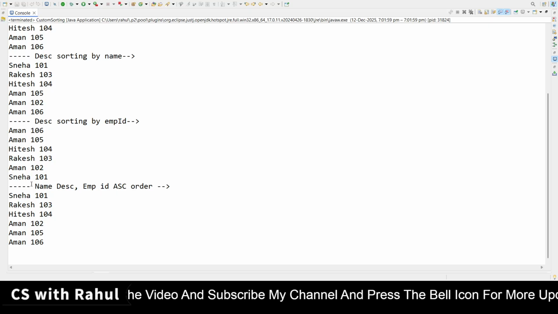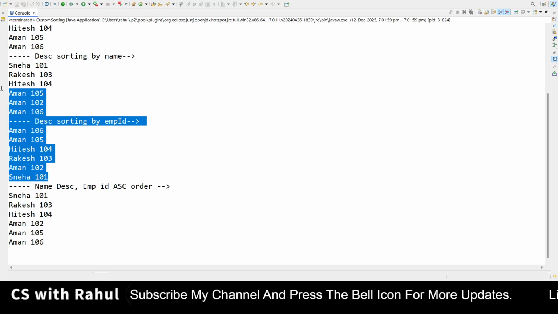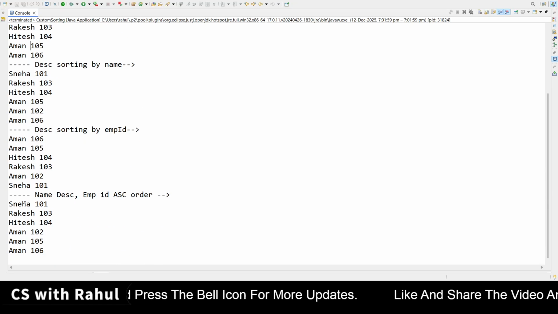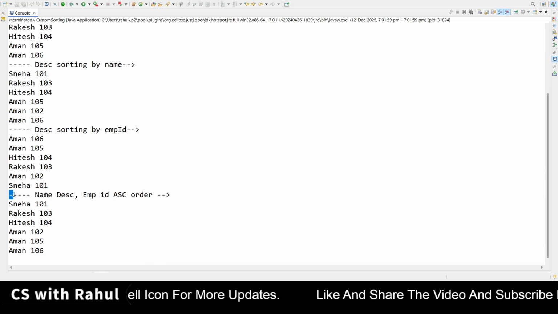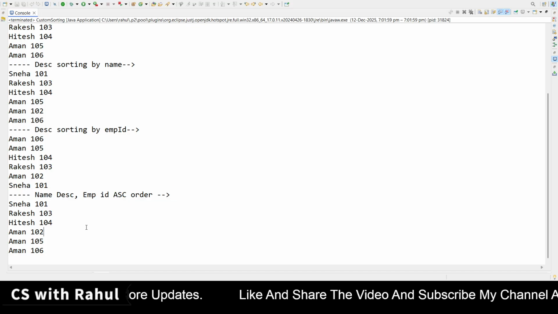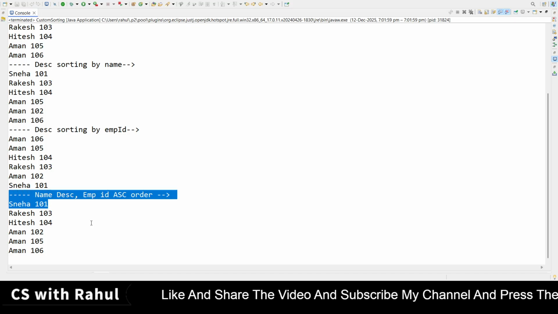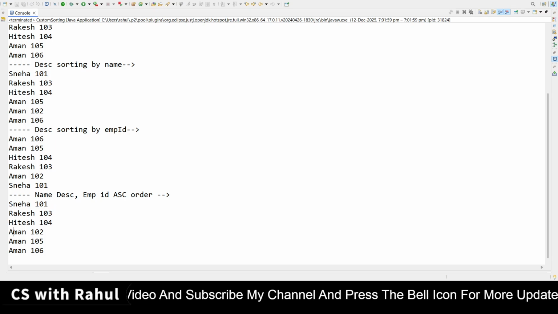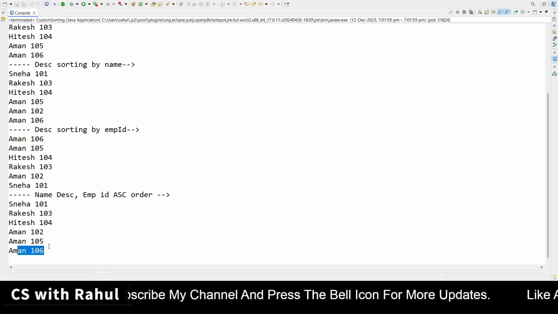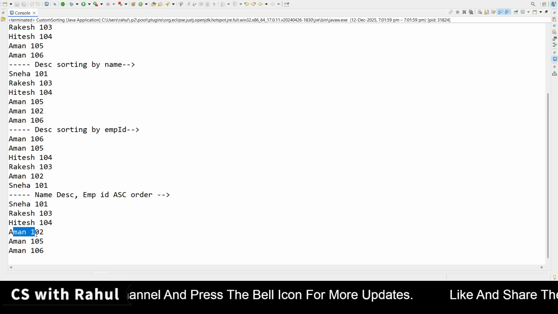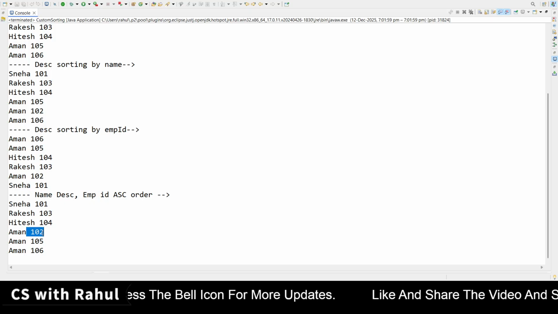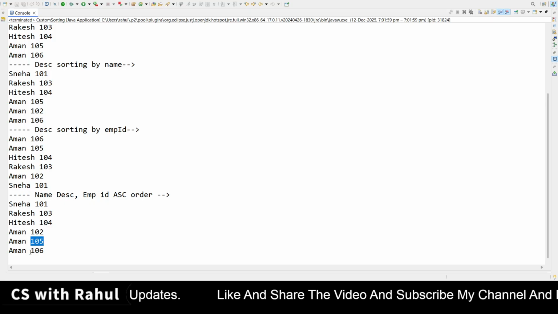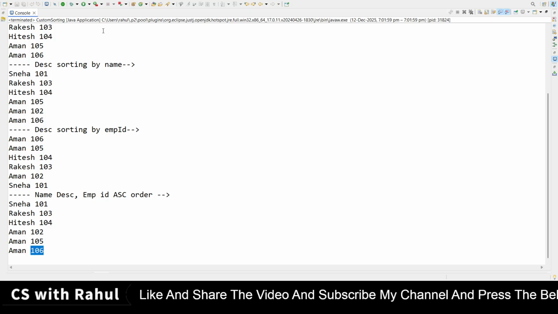You will see the result at the last. This was the previous one, so I should make it a comment so it will not come. You need to see the last one. Sneha came, Rakesh, Hitesh, then Aman, Aman, Aman. All Amans came, but first the Aman whose employee ID is 102, then 105, and then 106.